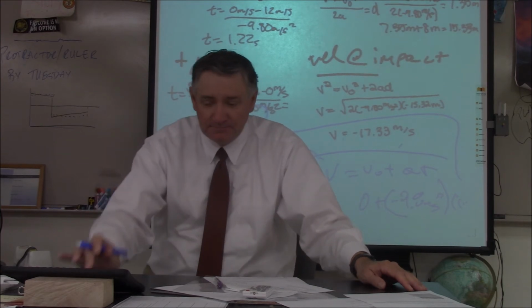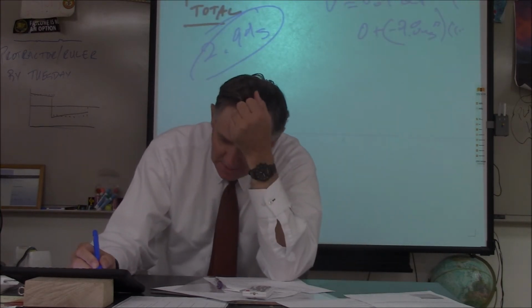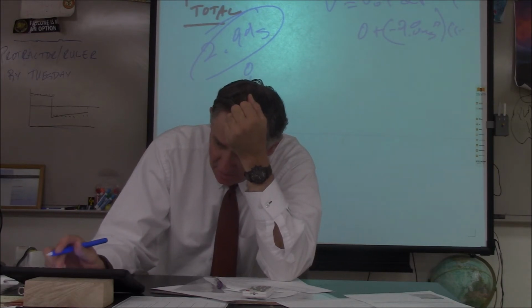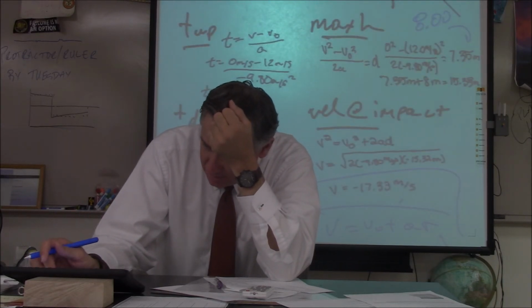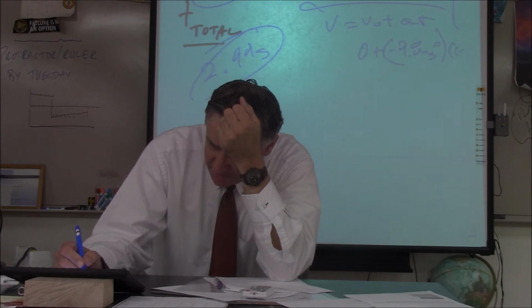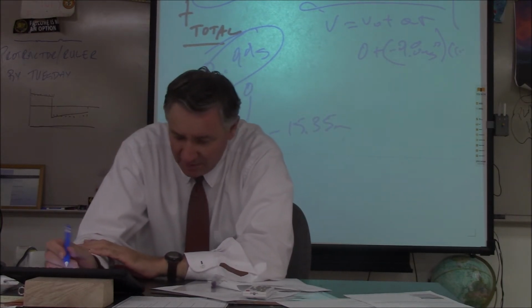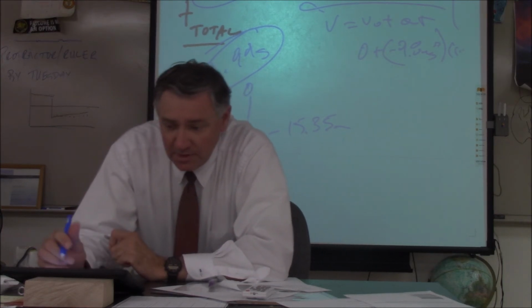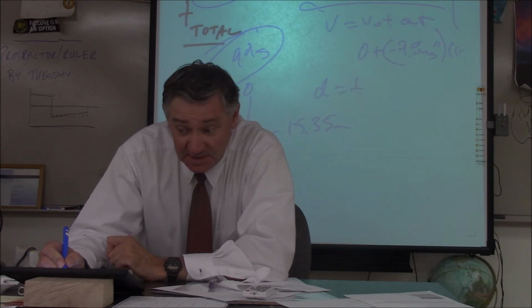Now, what I would have done, if it were me, is this. I would have said, okay, the ball's up here, and it's going to start to fall, and it's going to fall 15.35 meters. That's how far it's going to fall. So here's the deal. What I would have done, and this is just me,